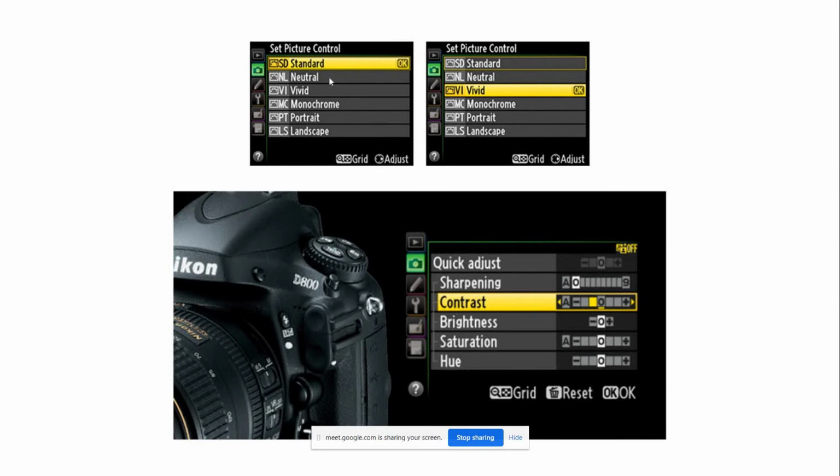Obviously next is neutral. What it will make is, whatever colors you see, it will neutralize. Like if blue is there, it will neutralize that color. If orange is there, it will neutralize that. When it comes to vivid, it is about again playing with colors. So whenever you are trying to capture nice flowers or, for example, you went to a farm.